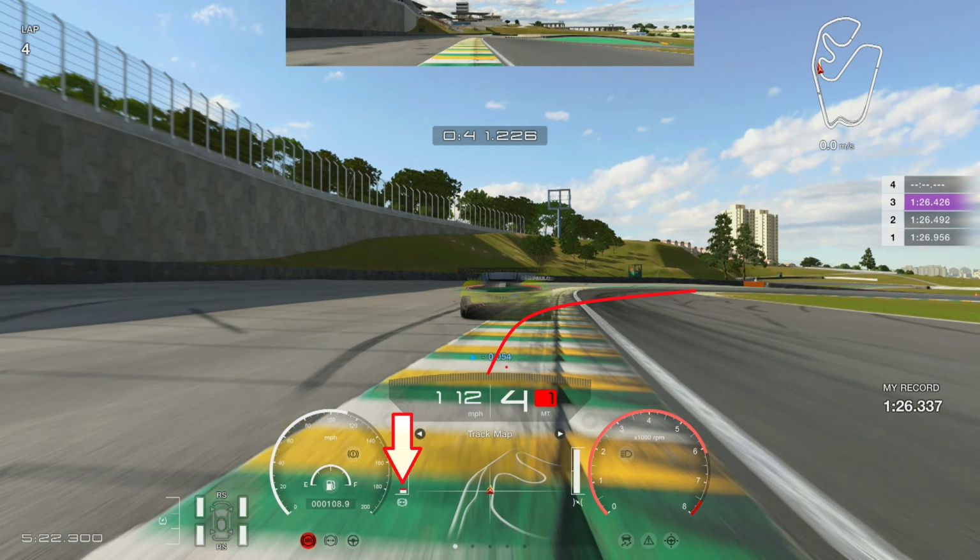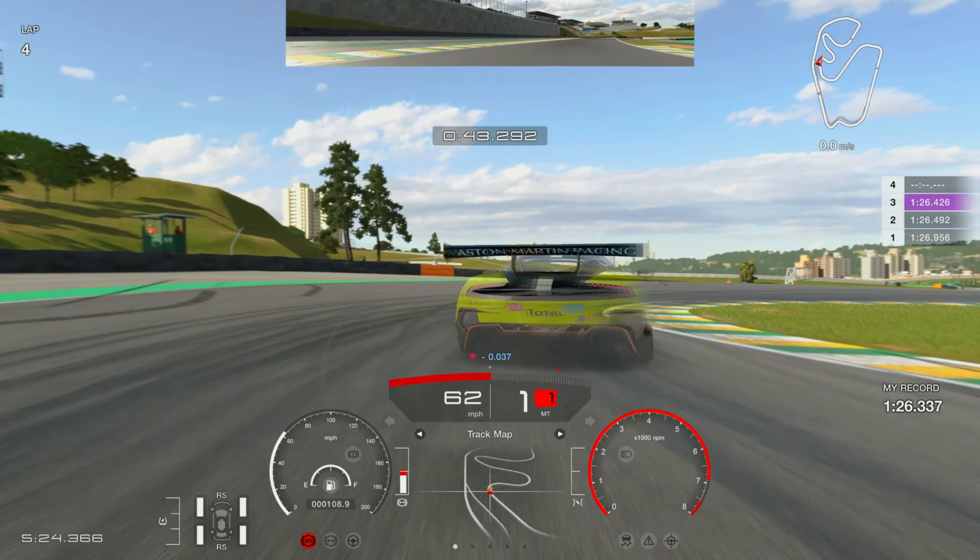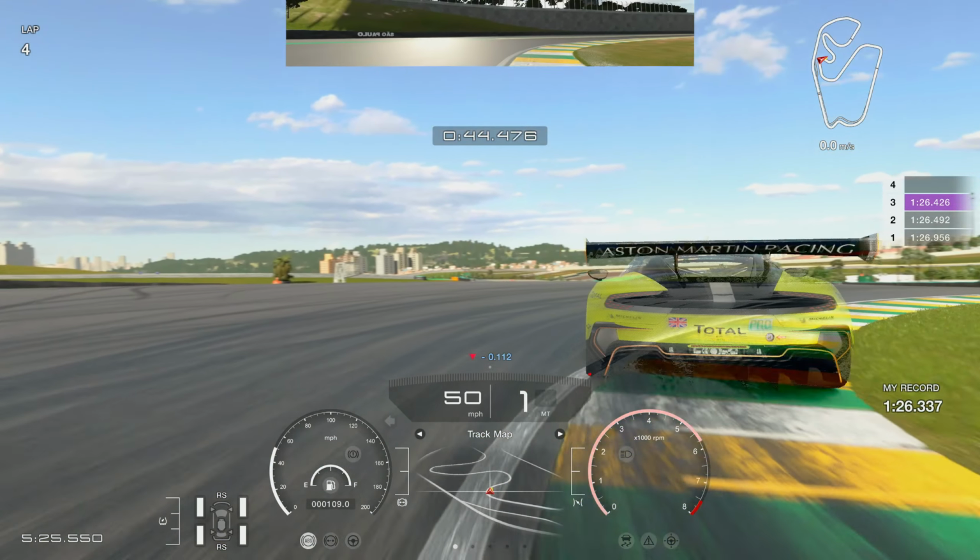And now we're going to go into this next right hand corner. You can see as soon as we're onto the curb, we're onto the brakes pretty much. As soon as that car has gone wide onto the curb, onto the brakes nice and early. Rotate it and use first gear for a bit of rotation, then straight back up to second gear as you